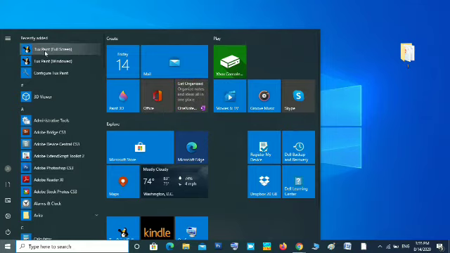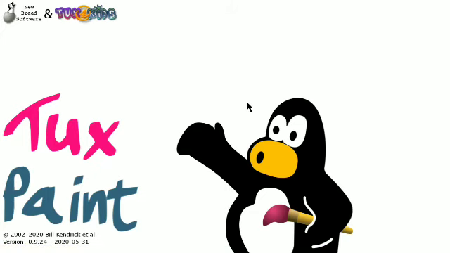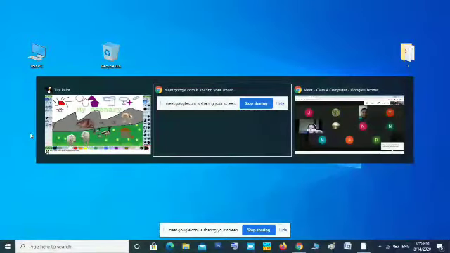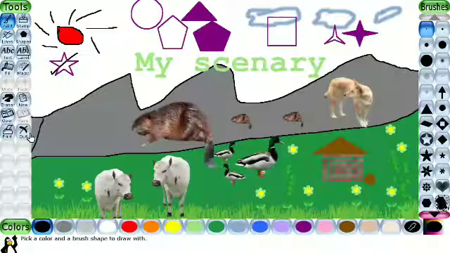Okay, when I am using the full screen view, now you can watch. So now full screen mode is starting. Now we cannot see the Start button or taskbar. Nothing will be displayed on the screen. So how will you move back? One method, you can quit it. Quit the program by clicking Quit, and you will be taken back to the Windows screen. Otherwise, we can use the Alt key and Tab on your keyboard. Just use Alt and Tab. Now you can see all the programs running on your computer. When you press Alt Tab, you can switch between the tasks and move to the task that you want.